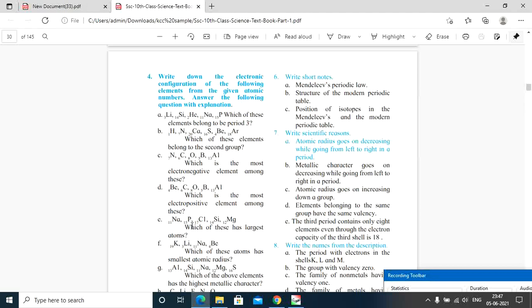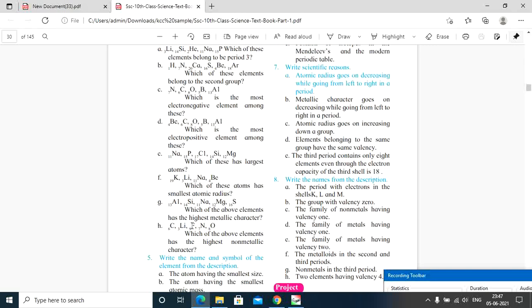Sodium, phosphorus, chlorine and all. Which of these elements have the largest atoms? So how can you define the largest atom? With size. Okay, so we will write 2,8,1, 2,8,5, 2,8,7, 2,8,4, 2,8,2. So with more electrons, the nucleus will hold them tightly. So the size will shrink for chlorine, for phosphorus, for silicon. Magnesium has 2 electrons in the last shell and sodium has 1 electron. So this sodium is of greater size.